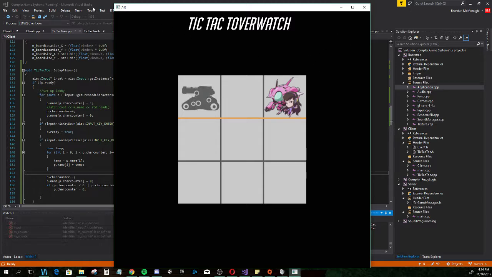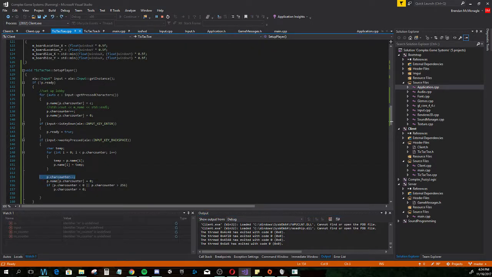I guess the most interesting error I had was this little counter. When I backspace, it gets -1, but I had put it in is key down instead of was key pressed. So rather than being called once, it was called for however many frames that backspace was held down, which doesn't sound like much, but when you don't have VSync on with a simple program like this, it's like 3,000 frames